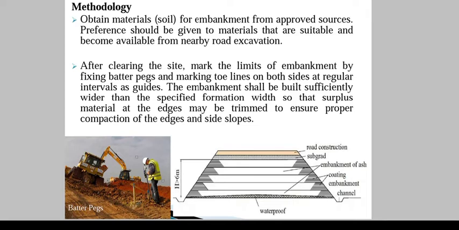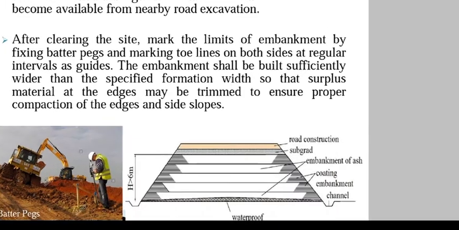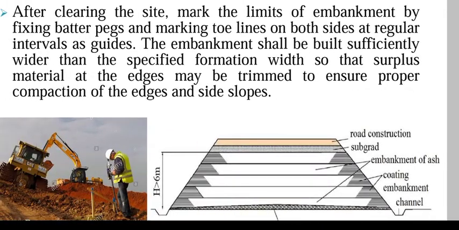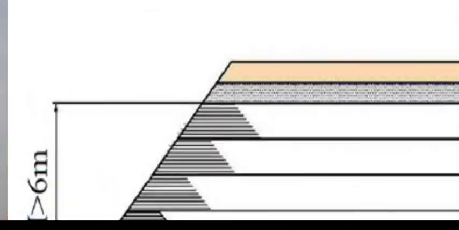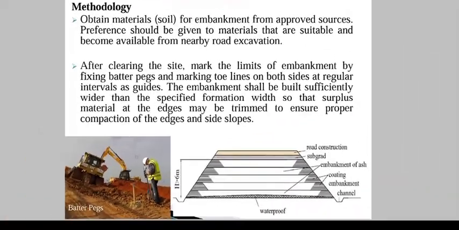material at the edges may be trimmed to ensure proper compaction of the edges and side slopes. Right here you can see these side slopes of the embankment can be trimmed later to the required slope, so as to achieve better compaction. And the